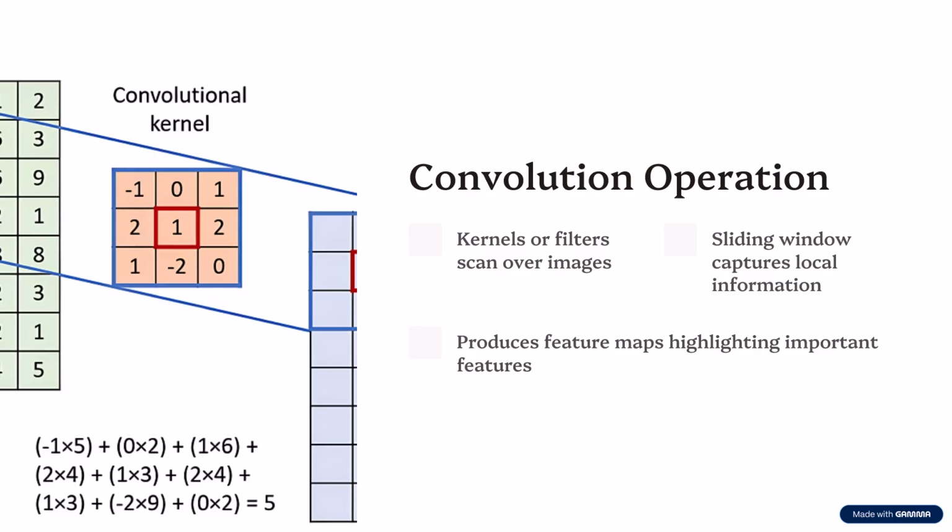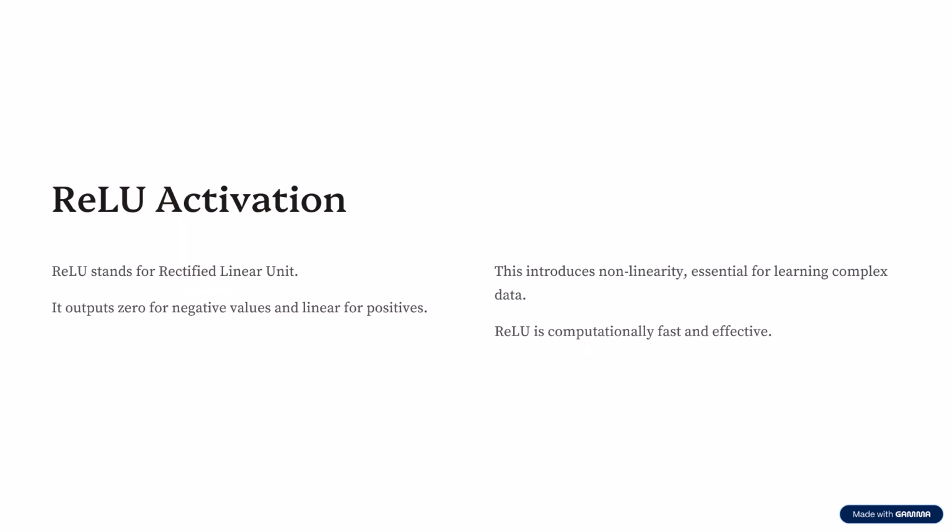Think of the filter like a small window that looks for specific patterns like edges, lines, or texture inside the image. By moving this window across the whole image, the CNN can detect where these patterns appear. This process helps the network focus on important parts of the image while ignoring unnecessary details. By using many filters, CNN can find many different features which are combined later to recognize objects or shapes in the image. Next, we understand the ReLU